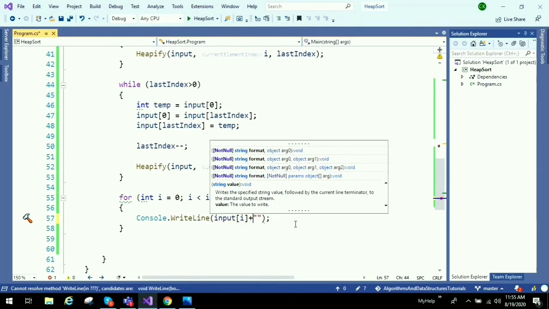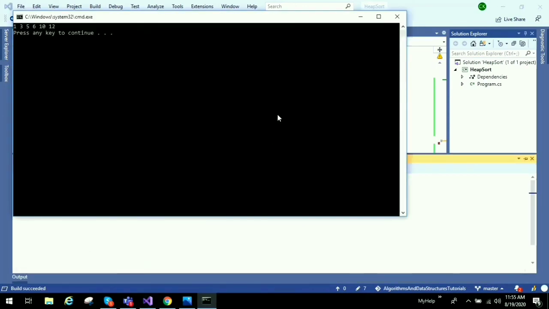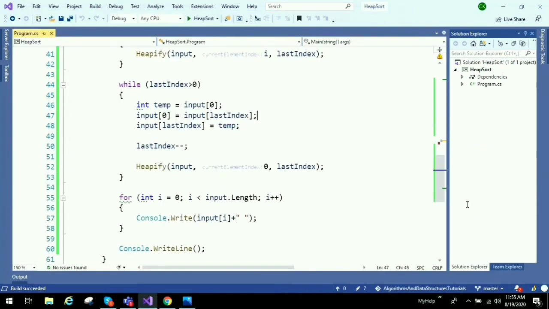I am displaying it with space separation. And we should see elements in sorted order 1, 3, 5, 6, 10, 12. So these are in sorted order. This is how heap sort works,